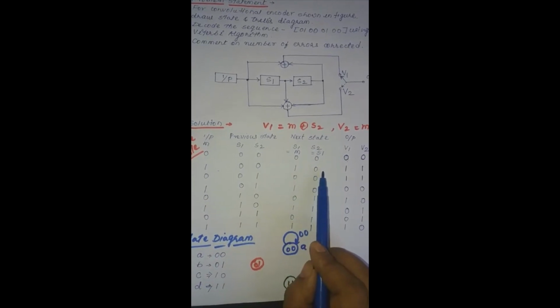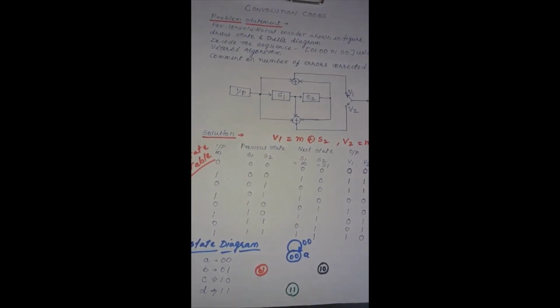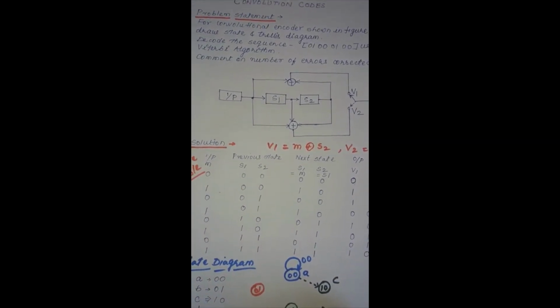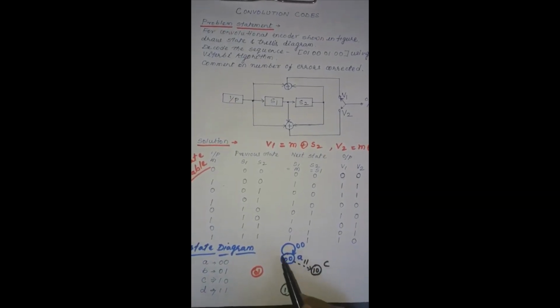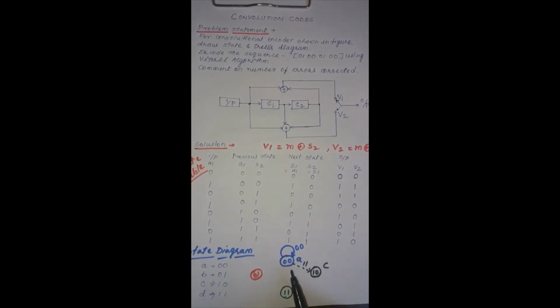The next state is 1 0 and the output is 1 1. So from A we move to state 1 0, and here the output is equal to 1 1, which is written on the dashed arrow. Remember, when the input is 0, we indicate the state change by a solid line, and when the input is 1, we indicate the state change